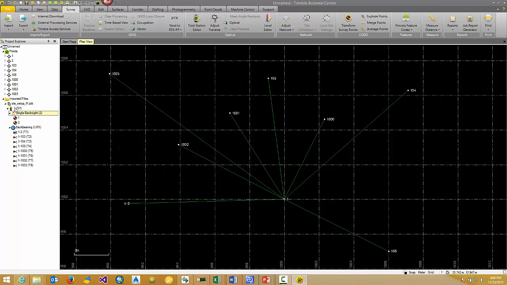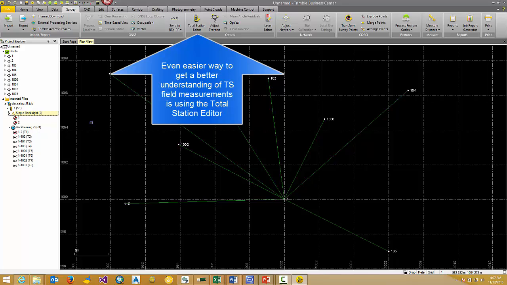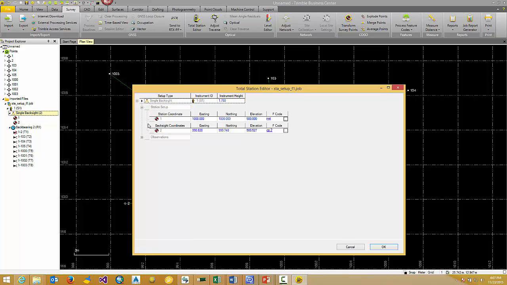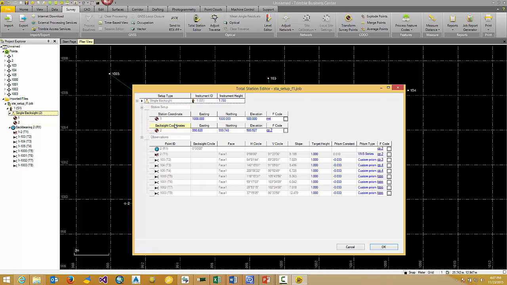You can see that the total station was positioned on point 1 and then a single backside measurement was performed to point 2, and here you can see all the measurements that have been done from point 1. Another way to get yourself more familiar with the sequence of field measurements is loading the total station editor and selecting your job file and then expanding the nodes for station setup and for the observations. So you can see here total station coordinates, backside coordinates, and then all the measurements that have been made. Point 2 was a backside and therefore has a different icon, and then phase 1 measurements to point 103 to